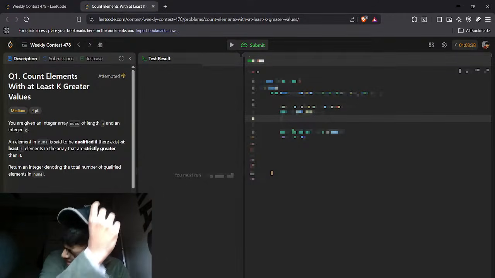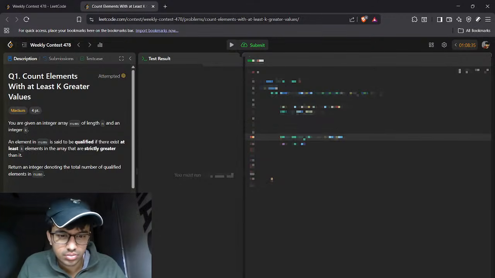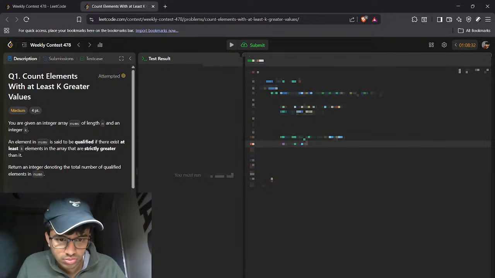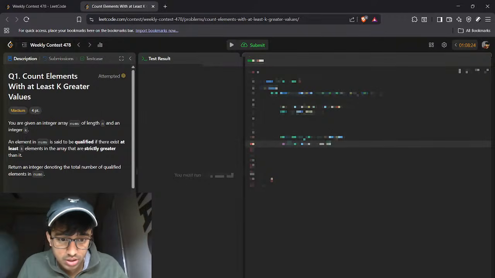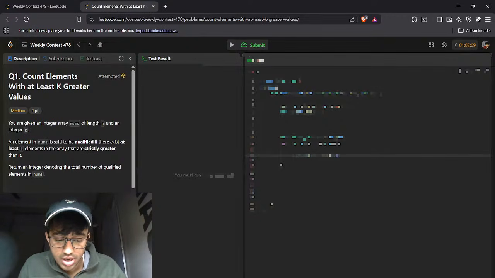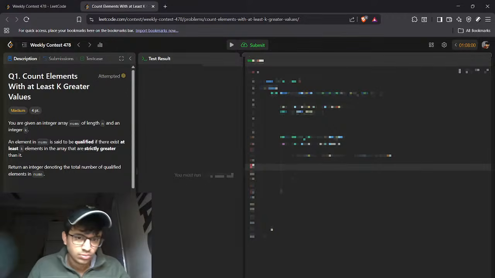If we have to find zero, okay. If i equals n minus 1, i minus minus. If skip dot find i is equal to skip dot end, if it is not found, so we can say if